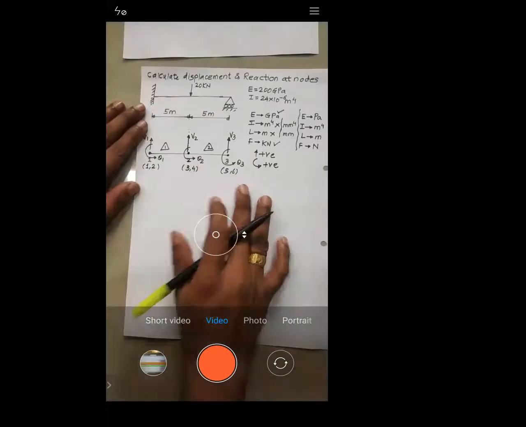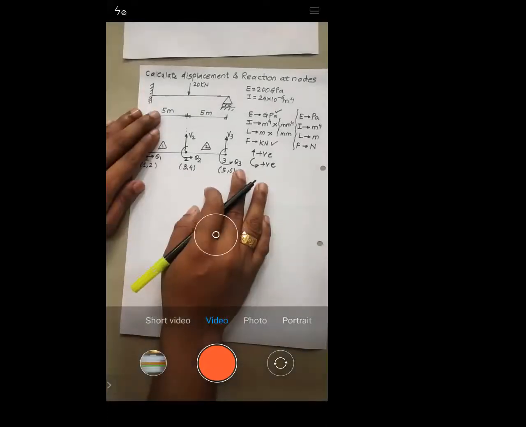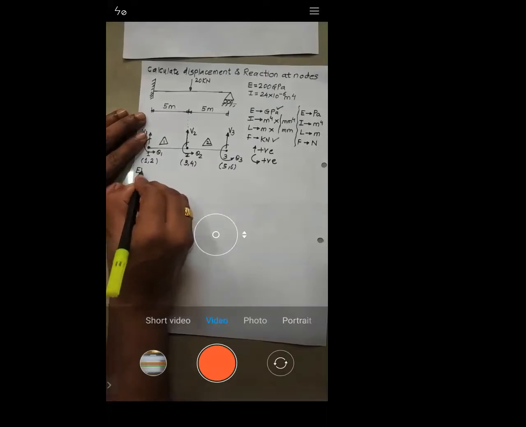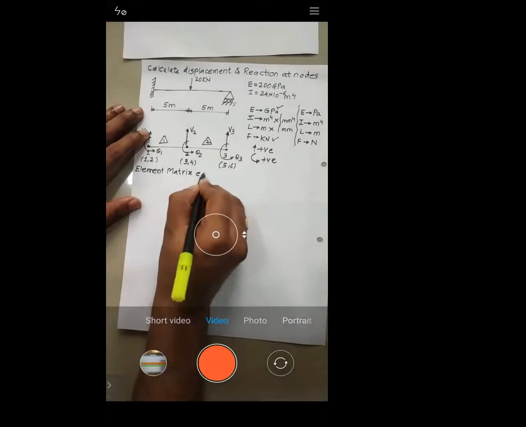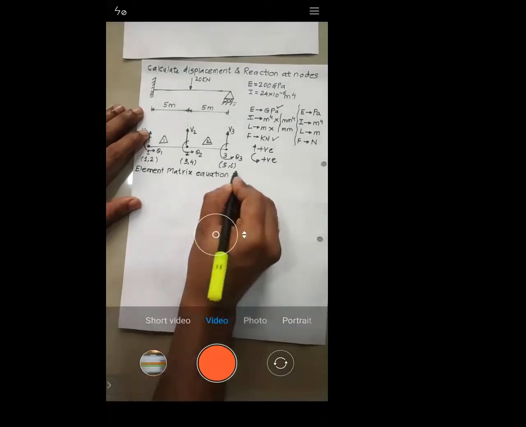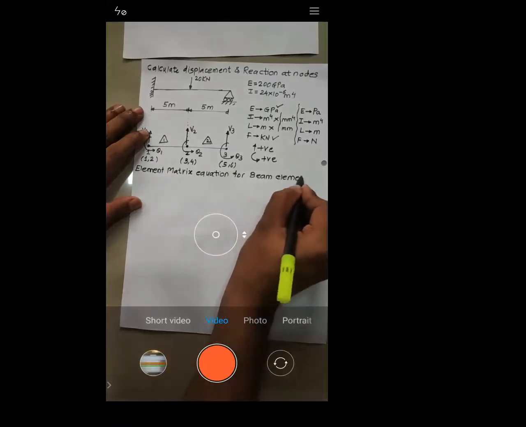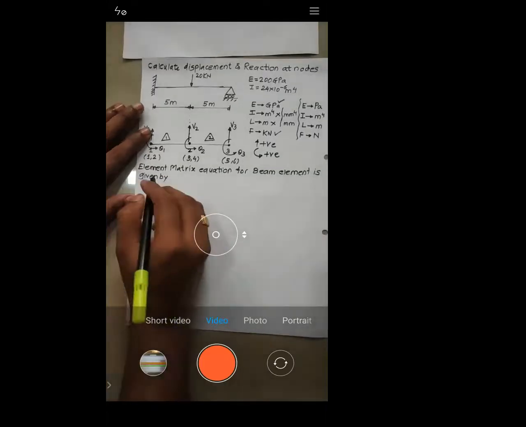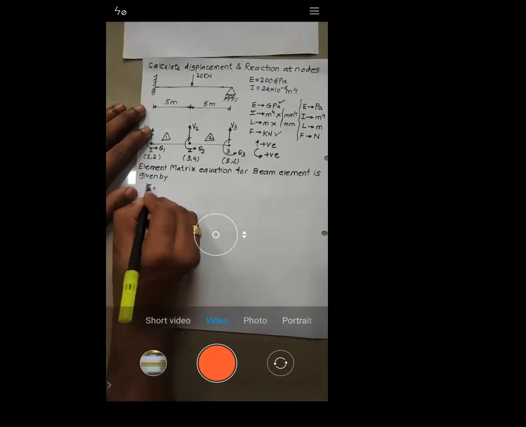Now let's do that. Now see, all of you, a very important thing you are supposed to remember is EME, that is called the element matrix equation. I'll write down the element matrix equation for beam. The element matrix equation for beam element is given by, see, this is very important, you remember this, K is given by